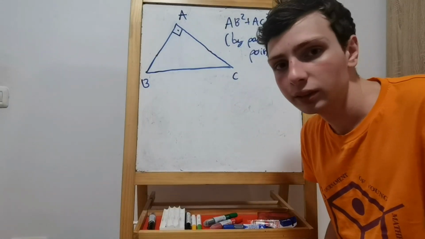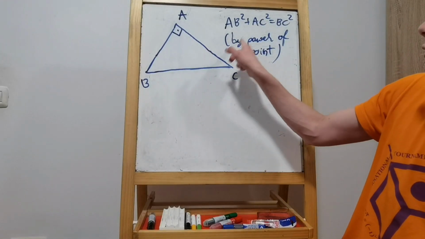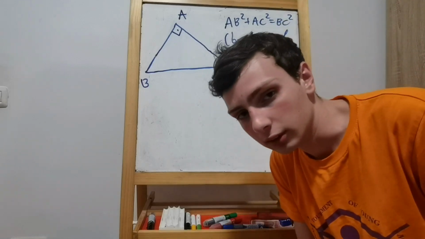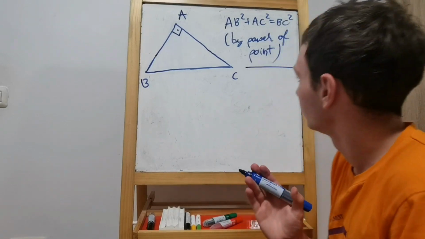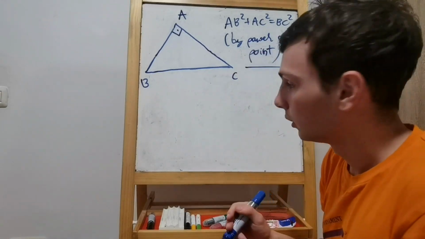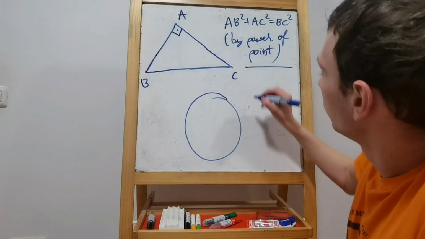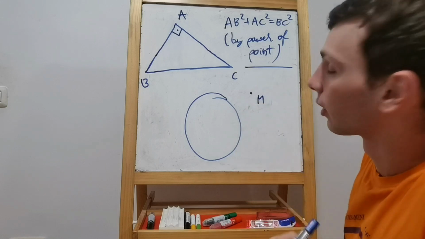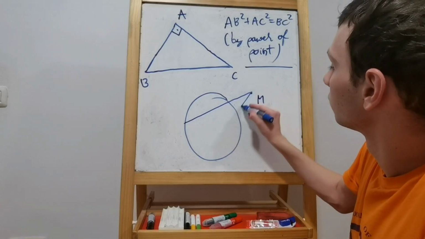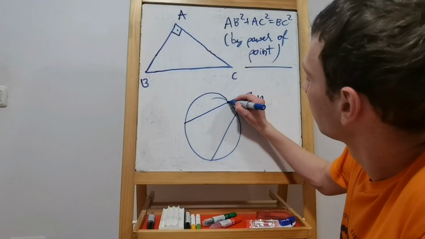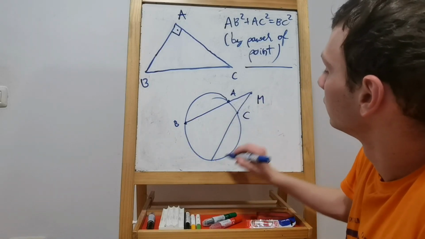In this video I will show you a proof of the Pythagorean theorem by the power of a point property in a circle. So first of all, if you are unfamiliar with the power of a point, it states the following. If you have a circle and a point M somewhere, then if you have two lines passing through the circle like this, so that would be AB and CD,